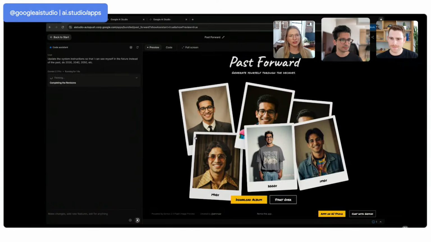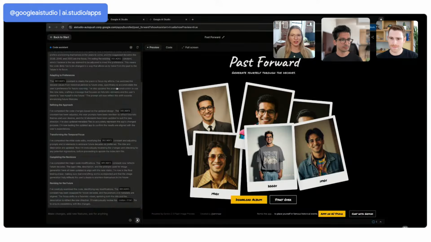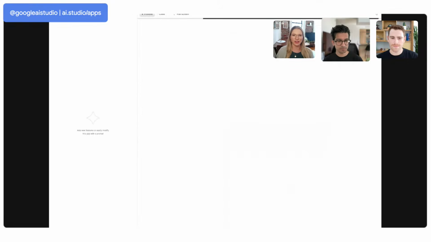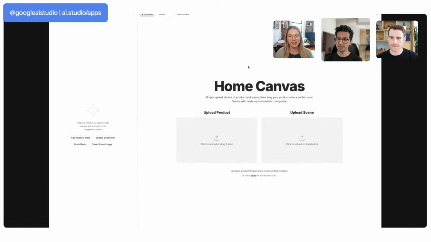So yeah, as Amar was showing, if you go into the Build tab in AI Studio, we have a bunch of new apps all tagged with Gemini 2.5 Flash image. And Amar was just showing this first one, Pass Forward. I'm going to show you some of the editing capabilities with the Home Canvas app. So what this app allows you to do is upload a product, upload a scene, and then picture that product